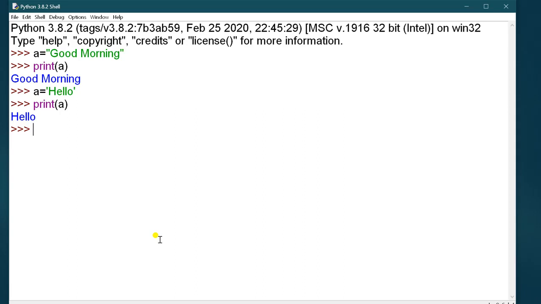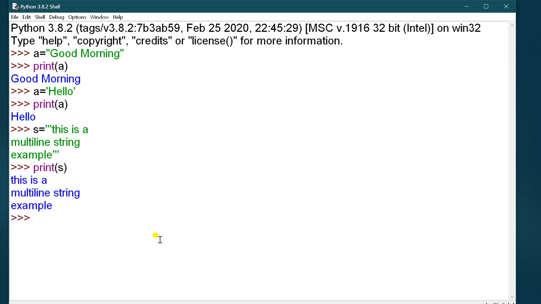Next is the multi-line string. If you write 3 single quotes, this is a multi-line string example, then close here, and then just print this.